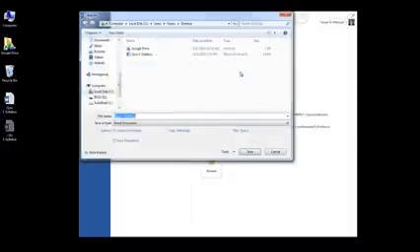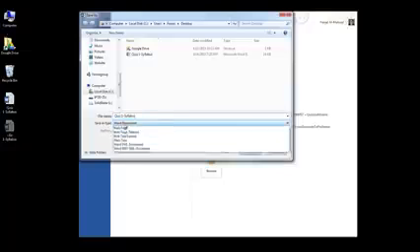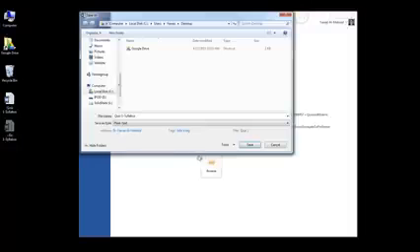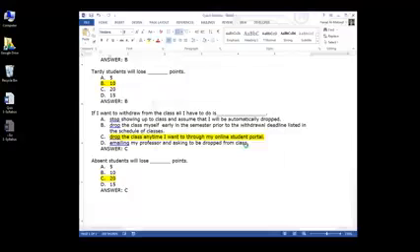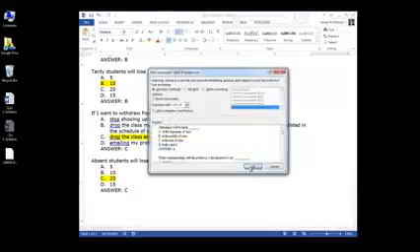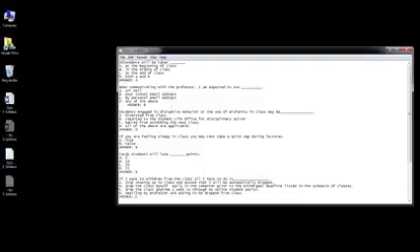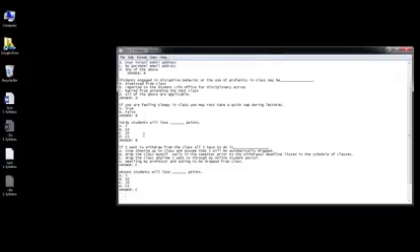my desktop. And the important thing here is that you need to change the type of file from Word document to plain text. Click on Save, click OK, and we should have a text file that appears on the desktop. I'm going to go ahead and open the file just to check it to make sure that everything looks clean,